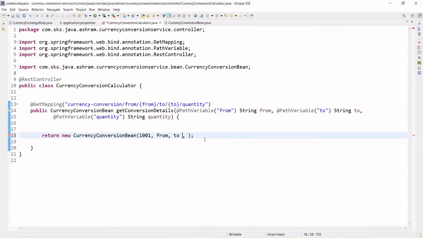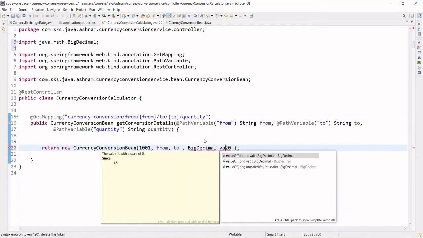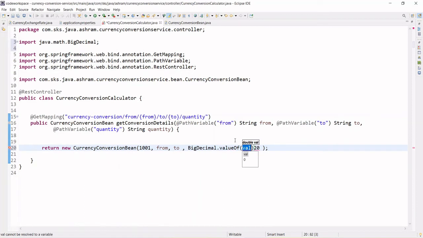Let's say I am giving 20. Since this is a big decimal, we will have to convert this, right? So how can you do this? BigDecimal dot valueOf, right? So this 20 should be here.